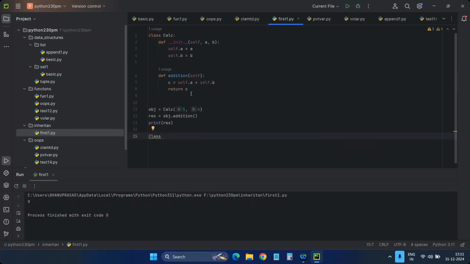Can we add subtraction? Yeah, we can add that, but as it is a small program, you can't understand. I am just telling you the things will be like this. In real time, if we build some code and hand it over to someone,